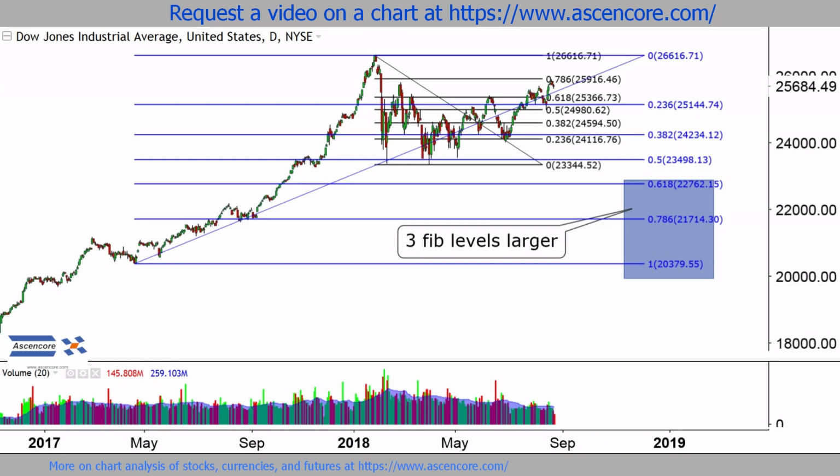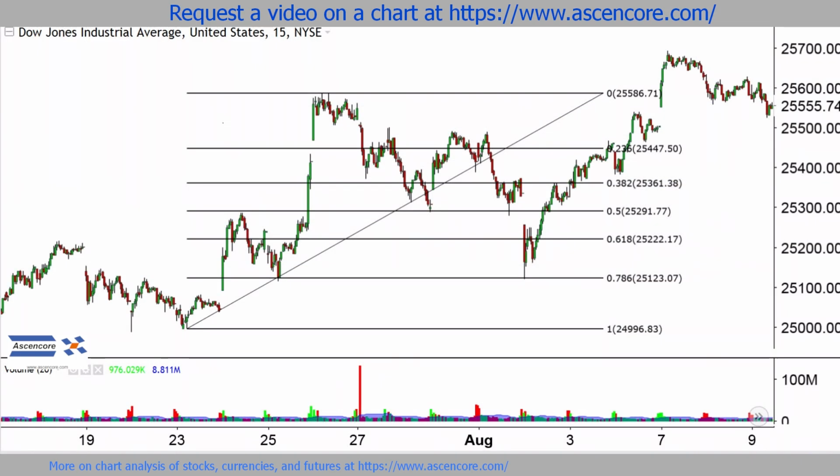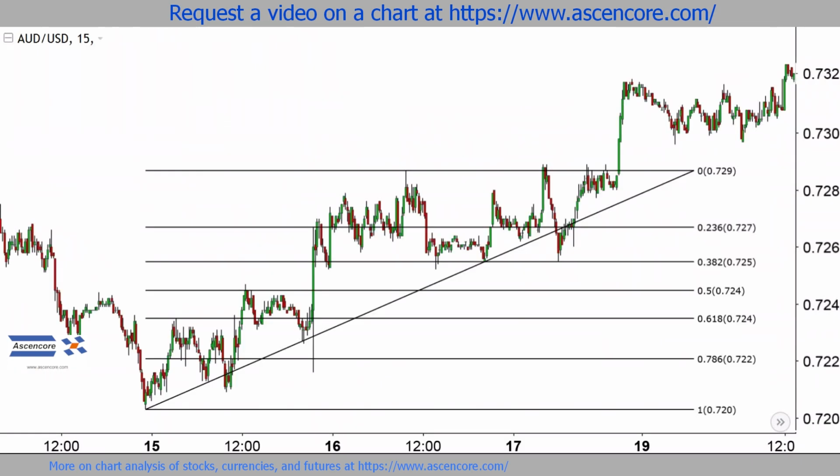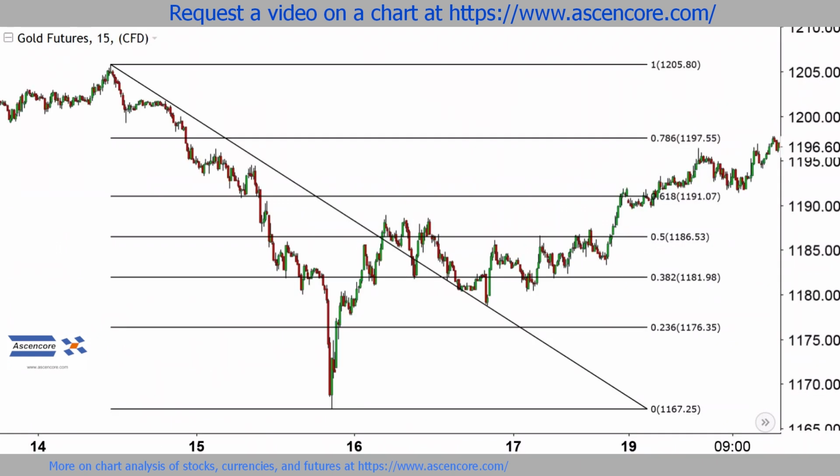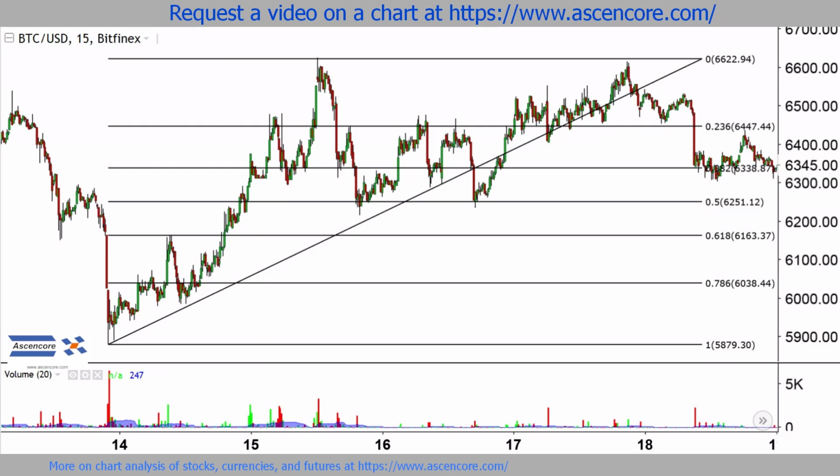Large fibs, especially when combined with small fibs, are best suited for identifying larger reversals and trends rather than small and short-term price movements. Fibs are also less reliable in the shorter intraday timeframes, mainly due to the higher volatility associated with intraday price movements. As well, trading activity and volume, when volume is present on the chart, isn't distributed as evenly as it is on the daily time frame. Often, the bulk of trading volume and large price movements happen at the open and close in the case of